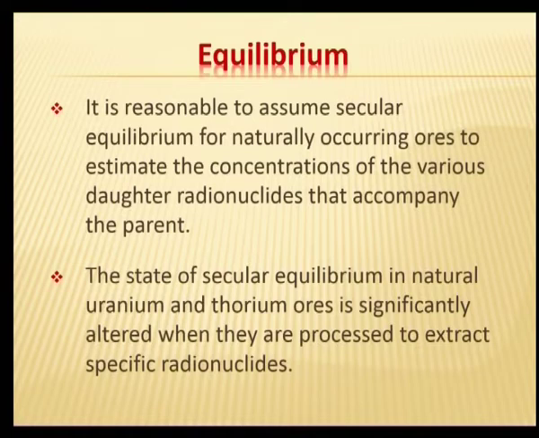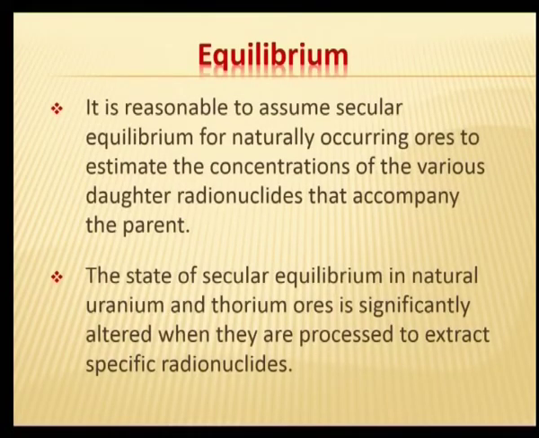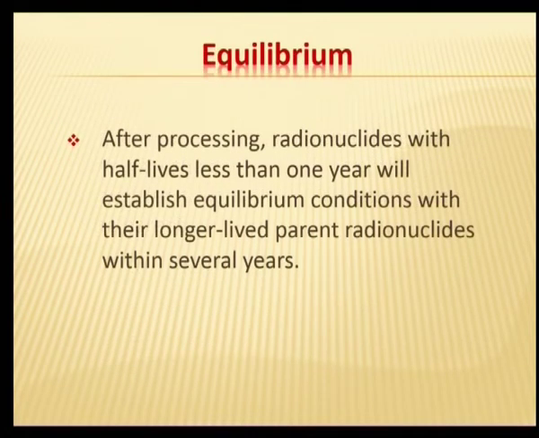By secular equilibrium, what I told you earlier was that the half life of the parent nucleus will be much longer compared to that of the daughter nucleus. It is reasonable to assume secular equilibrium for naturally occurring ores to estimate the concentrations of various daughter radionuclides that accompany the parent. The state of secular equilibrium in natural uranium and thorium ores is significantly altered when they are processed to extract specific radionuclides. After processing, radionuclides with half life less than 1 year will establish equilibrium conditions with their longer lived parent radionuclides